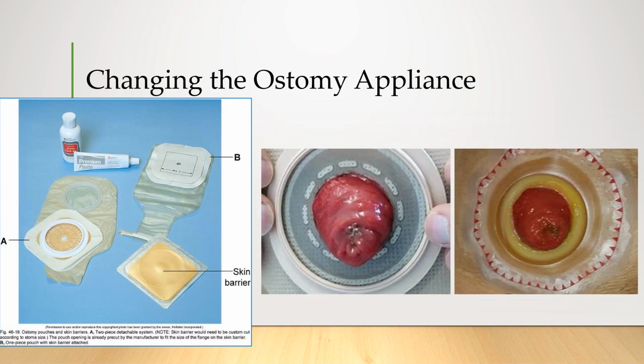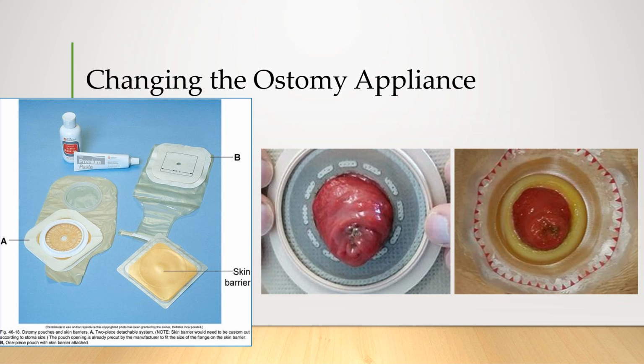An ostomy appliance is the collection bag system that attaches to the peristomal skin. There are many brands and types out there, and sometimes we use what we have, and sometimes patients have very specific appliances that work best for them. One type of appliance has the bag and barrier, or the adhesive piece that sticks to the skin, attached all in one, and another type, the barrier and the bag are two separate pieces that fit together like Tupperware.